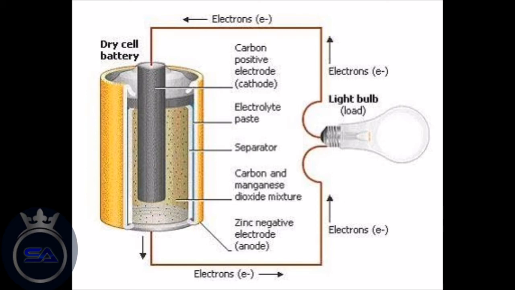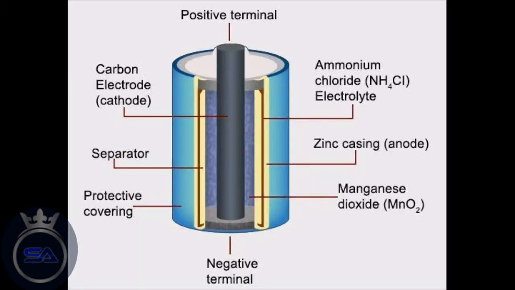Let us learn about how the components of a cell generate an electric current. In a simple dry cell, the outer layer is made up of a zinc container. This acts as the anode. There is a carbon rod at the center of the cell, which acts as the cathode. A mixture made of charcoal or carbon and manganese dioxide surrounds this rod. A fibrous layer made of fabric surrounds this mixture.